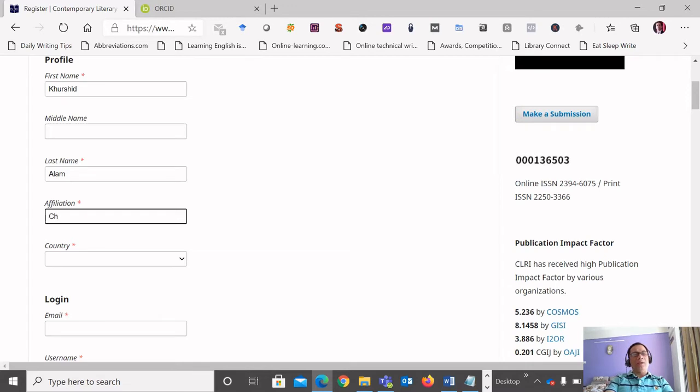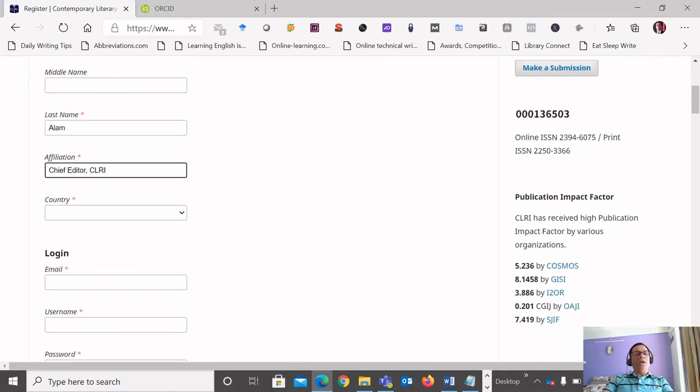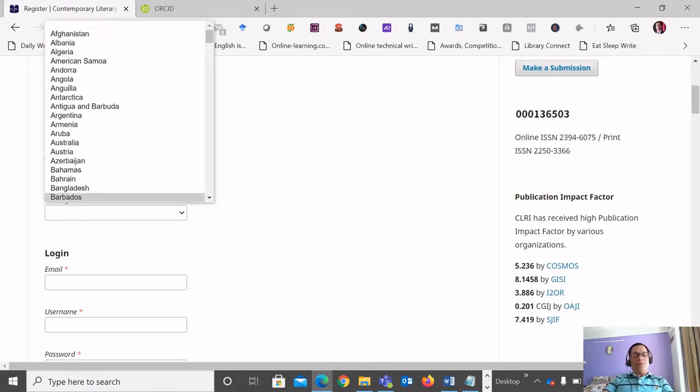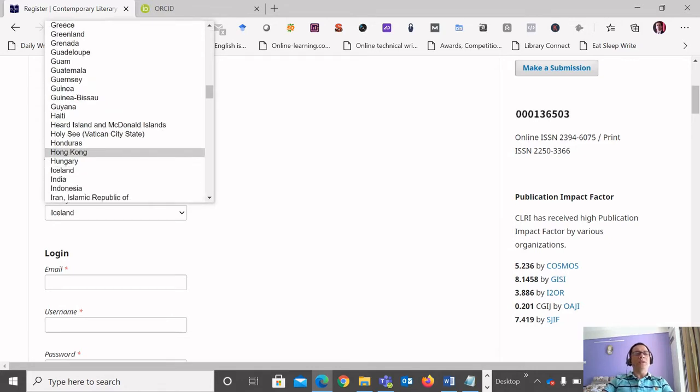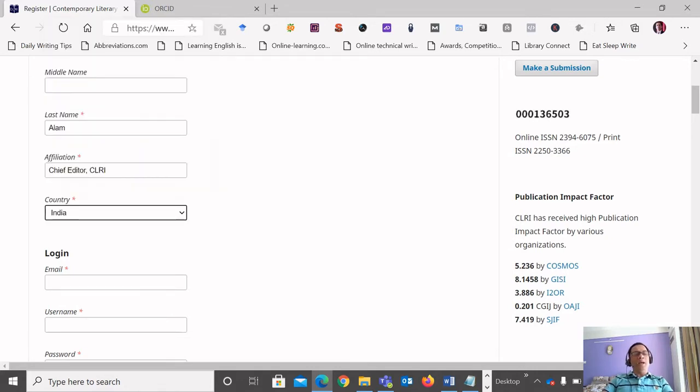I am currently not teaching anywhere, so I am editor-in-chief with CLRI. So I have written my affiliation like this. And country, select the country where you are from. For example, I am from India, so I'm selecting India.